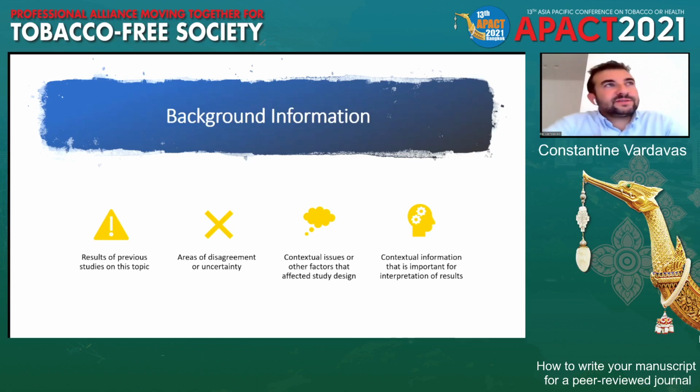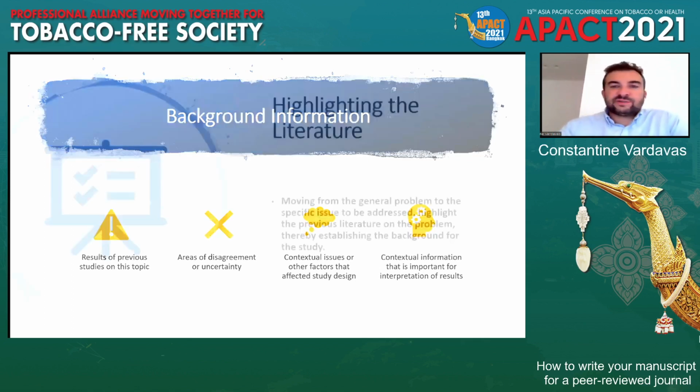If we're talking about regional information, such as what's happening, for instance, in Greece, now that we're going to hopefully soon implement plain packaging, that's good to know. Then we say, okay, we're going to implement plain packaging in the next few years. Then it's important to note that if we're looking at a study on the impact of information on tobacco packs on consumer information, smoking information, or smoking cessation, it gives some context to the information.